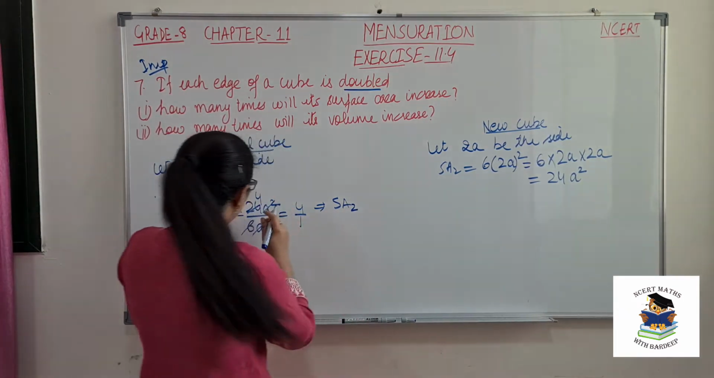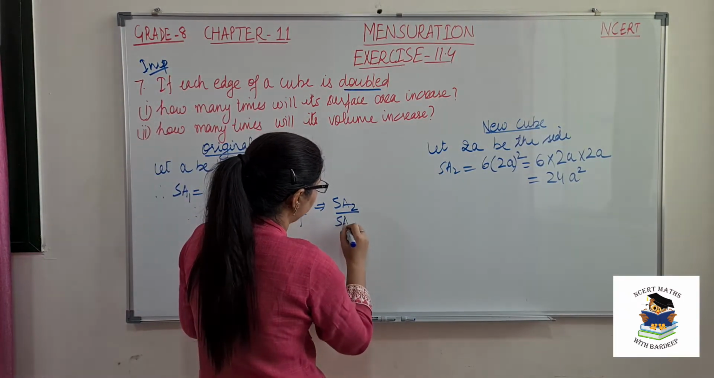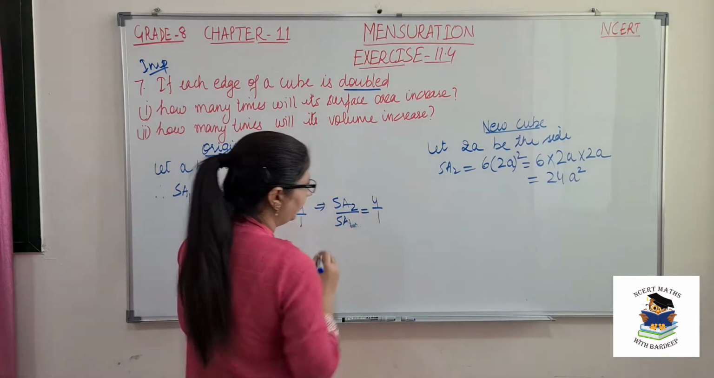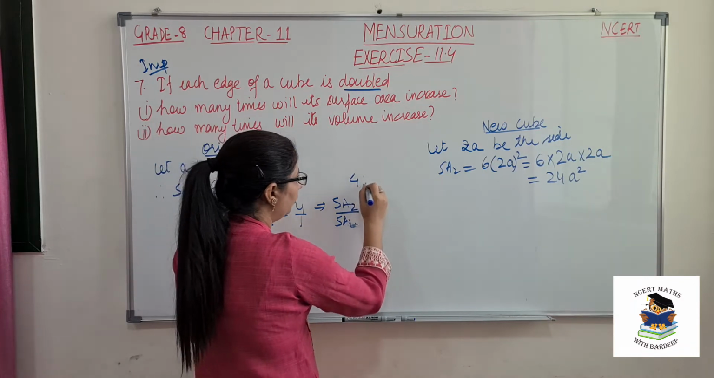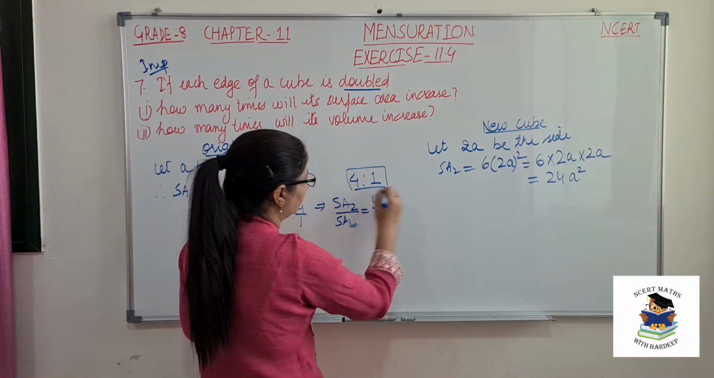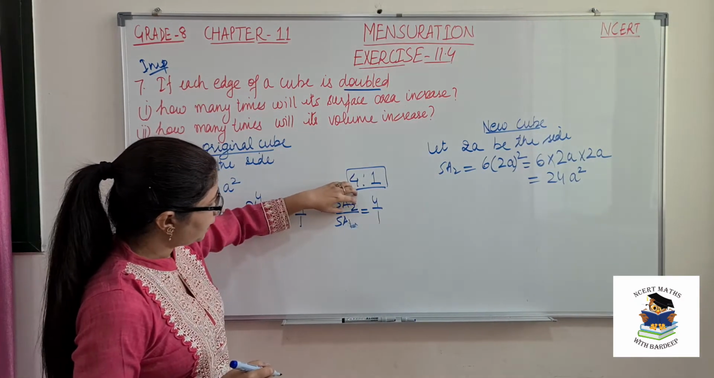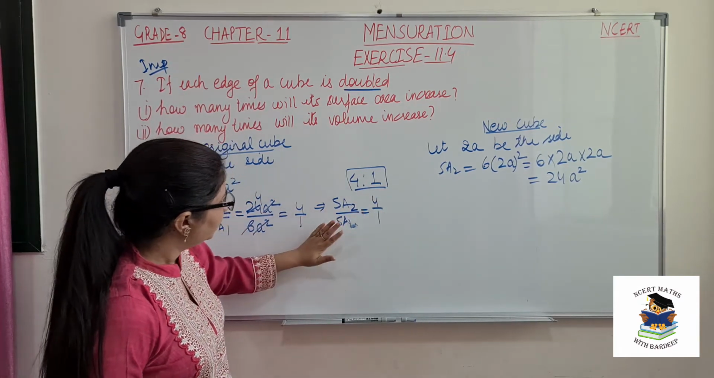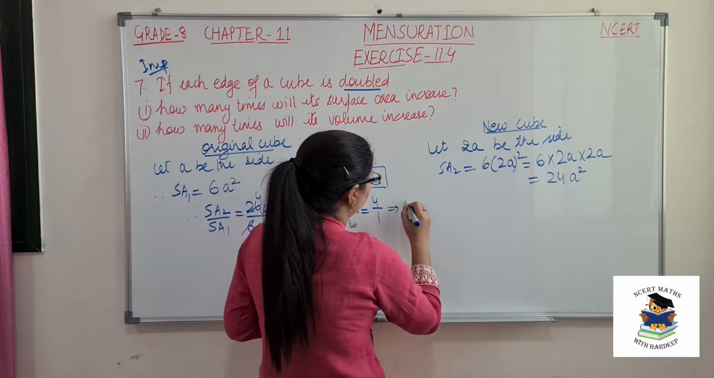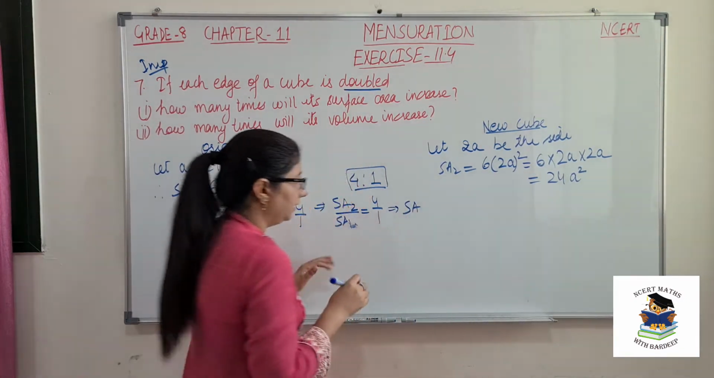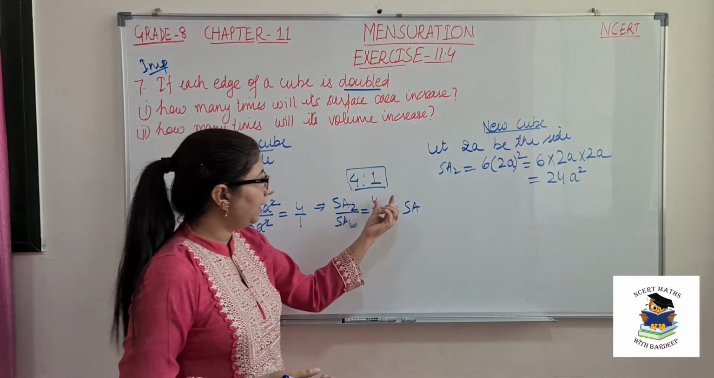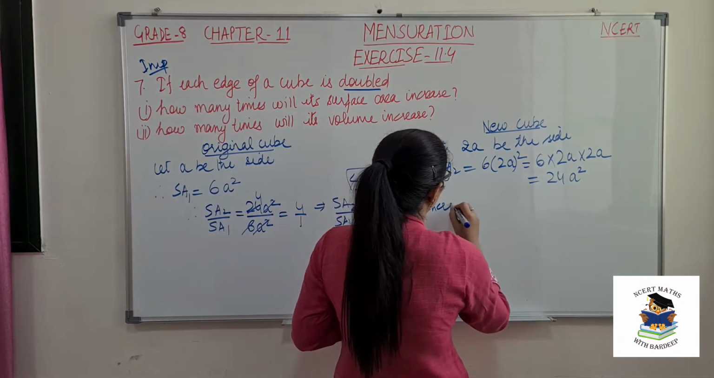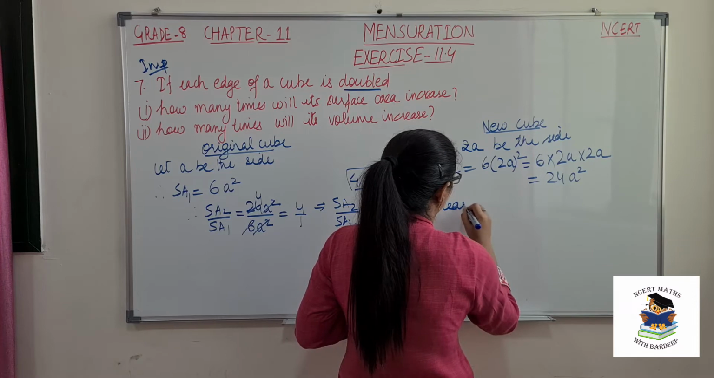This is surface area of 2 over surface area of 1, which is equal to 4 by 1, or 4 is to 1. So we can say, see, this surface area will go this side if we cross multiply. So surface area of the second cube is 4 times of the original one. So surface area increases by